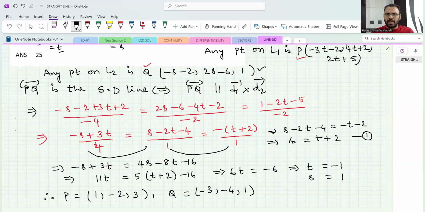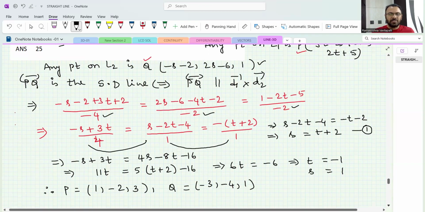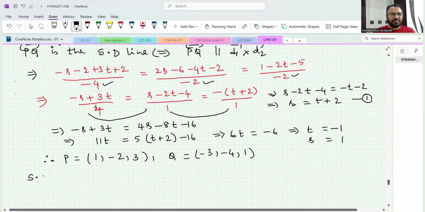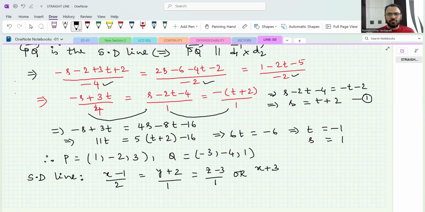Got it? Now, what is the SD line? Here, the DRs of the SD line are already obtained. These are the DRs of the shortest distance line. So therefore, the SD line is given by x minus 1 by minus 4, instead of that I'll take 2, y plus 2 by 1, I'm just cancelling out by minus 2, z minus 3 by 1. Or if you take that Q point, you will get x plus 3 by 2,